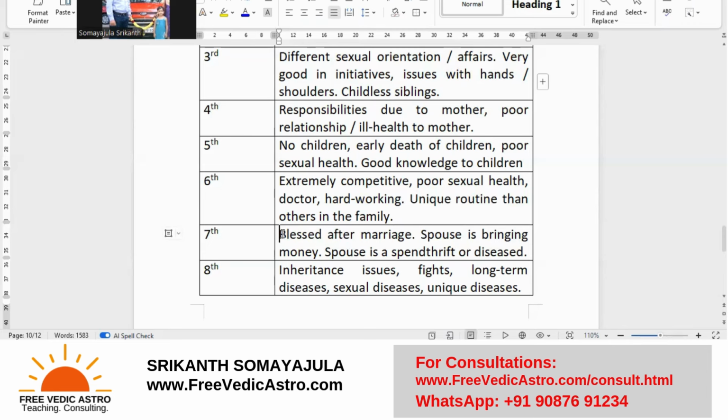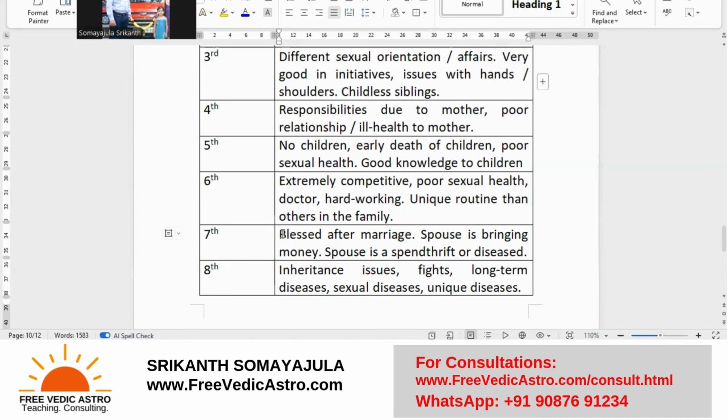Seventh lord is Venus, right? So seventh lord is Venus. It comes to Mercury's house. What happens there? Mercury is money, so the wife would bring a lot of money, right? Or it can also mean the wife is sick, because Venus gets debilitated in a Mercurian sign. Because it's a Mercury sign, money comes with it, right? So there's not much of a problem for money for the seventh house. In the sixth house, there can be, because this person is not making money. You have to carefully understand how the seventh and the sixth house are doing.